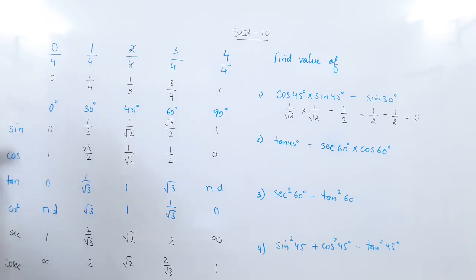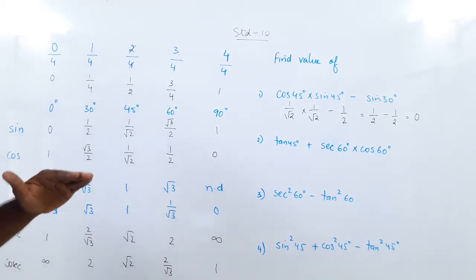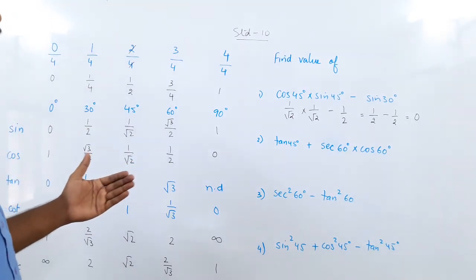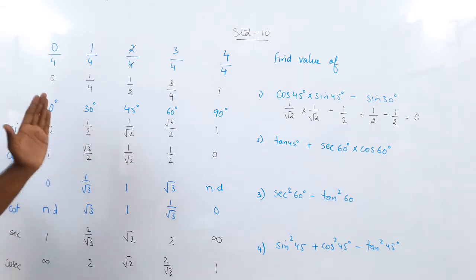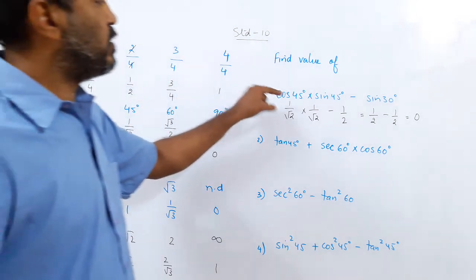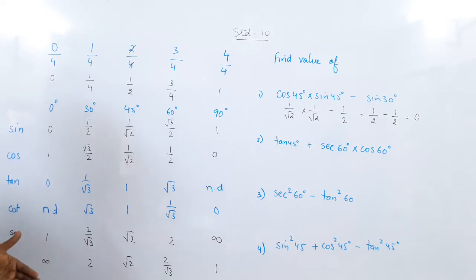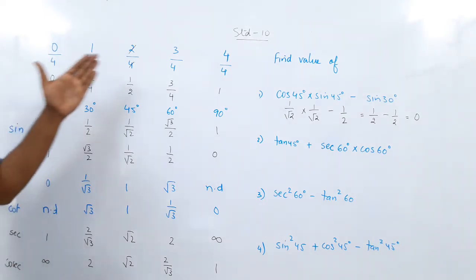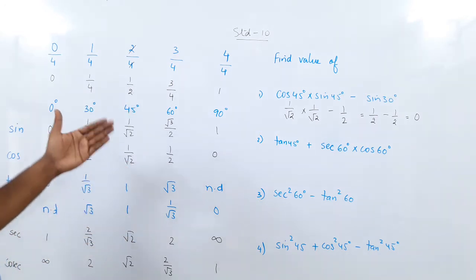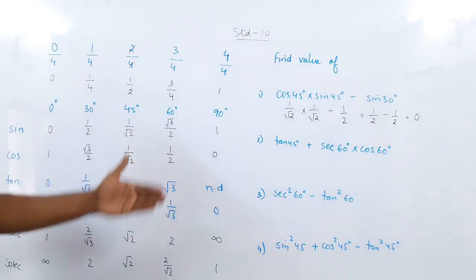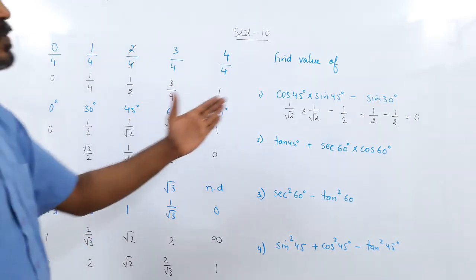So nothing is done here, but this table will not be given in the exam. Either you will have to find a way to write the table just like I showed you. Before the exam begins, on the large page of your answer sheet in the rough work column, you can make this table and keep it for use, or find a method to learn this table. You should know the values. This table will not be given in the exam, so you will have to devise your own method to remember it. I will show you an easy way to do it, which you can do in the rough work column of your answer sheet. But these sums are only based on values.